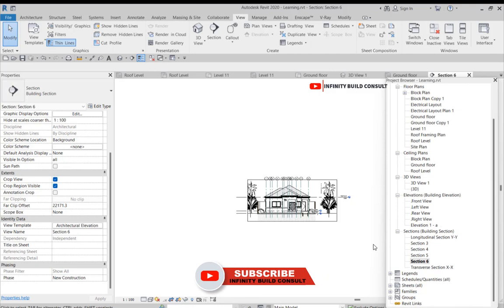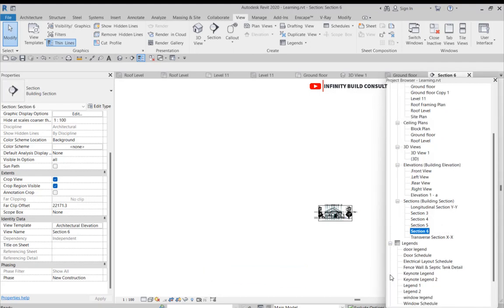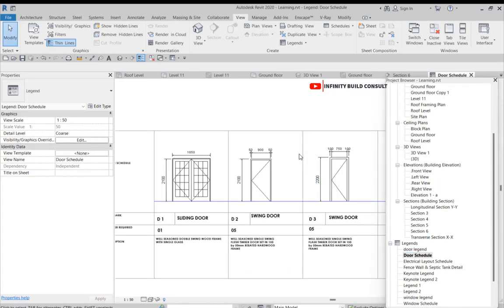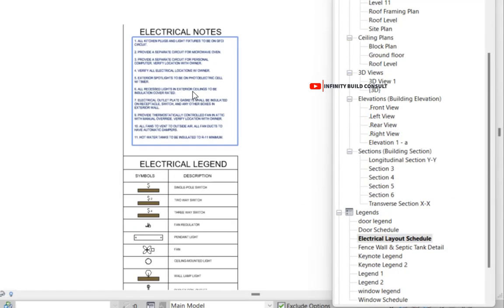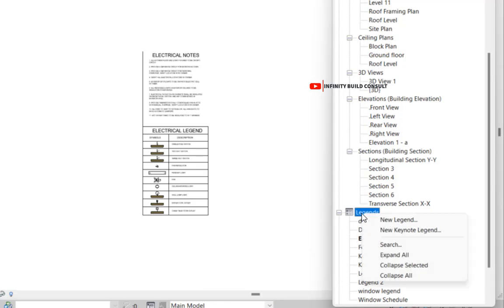So the next thing that we are going to learn is the legend area. Under the legend area, it helps us to also create our doors and windows legend and also our electrical legend, as you can see here. So how do you create a legend? You first have to do new legend here,